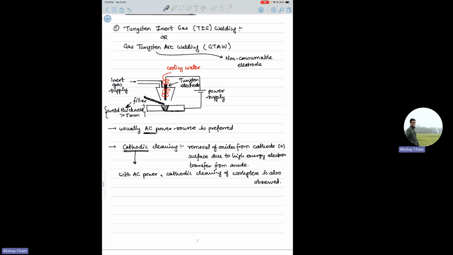Non-consumable electrodes are not only tungsten. Nowadays you can use graphite also. Okay, so graphite also can be used as a non-consumable electrode, not in this technique, but in other techniques you can see that graphite is also non-consumable. Okay, so